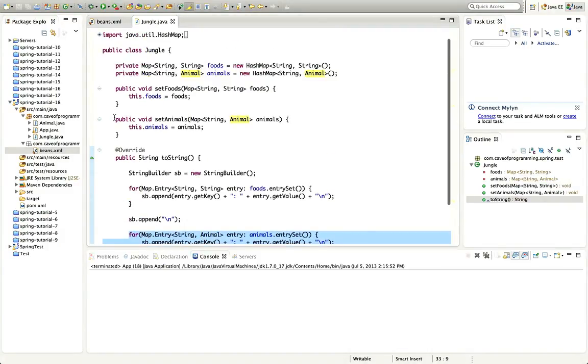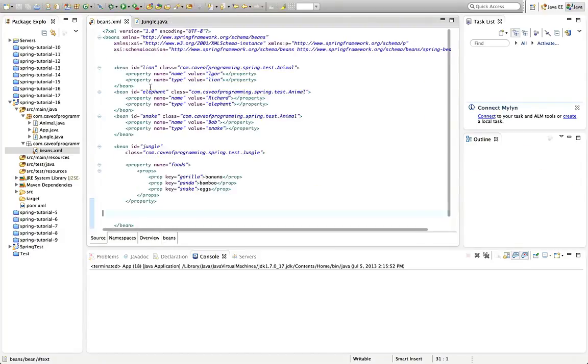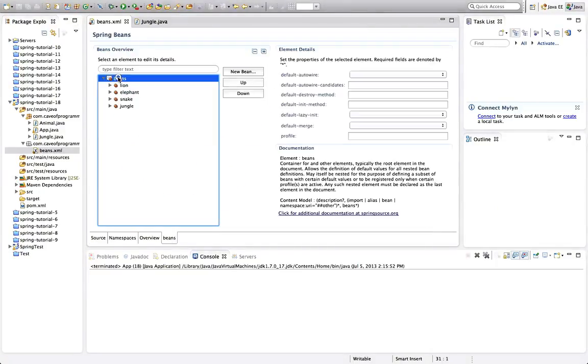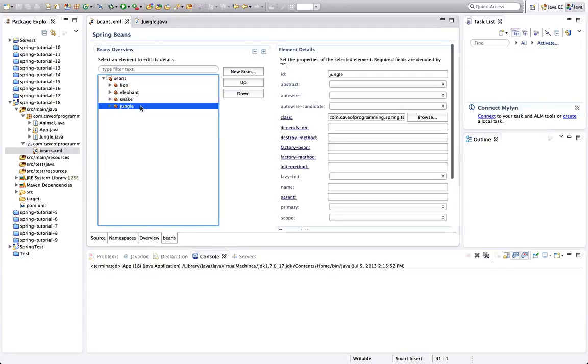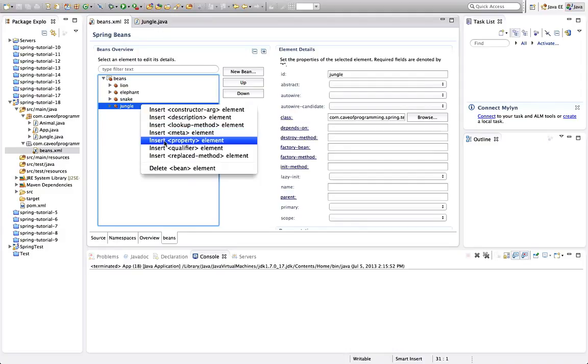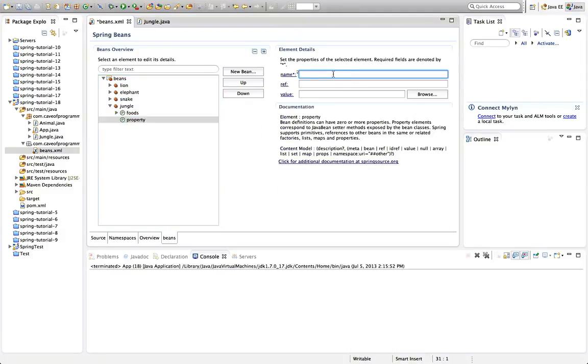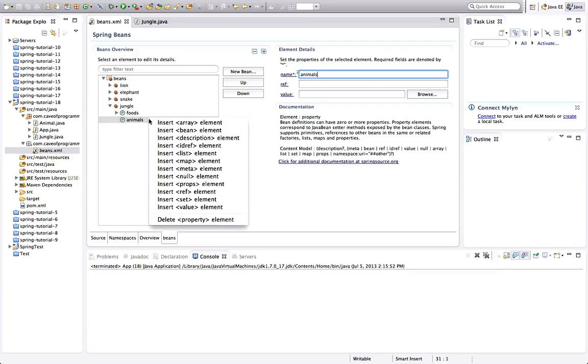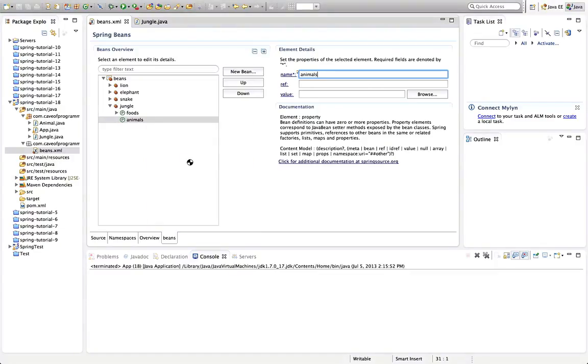And I've also, of course, given it a set method called setAnimals, and that expects a map where the values are going to be animals. And this is dead simple. If we go to beans.xml here, and let's go to the GUI view, and let's right-click the Jungle bean here, and go to Insert Property Element, and for the name I'll type animals because the set method is setAnimals, and then I'll right click the actual property and go to Insert Map, just as you'd expect,